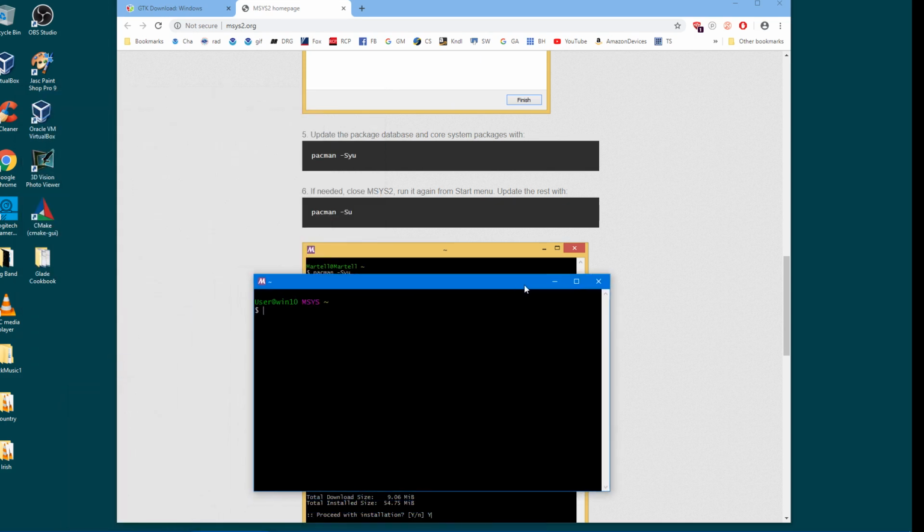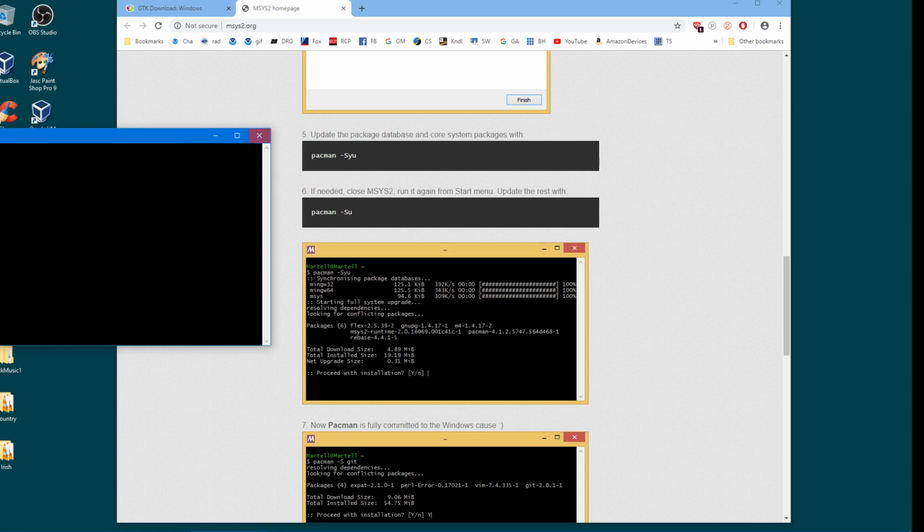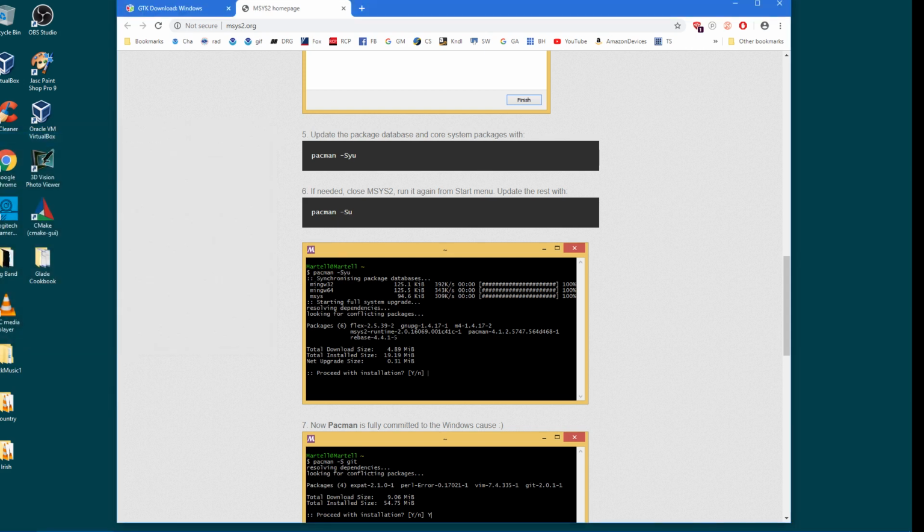And you can see they're using a smaller font. All right, I'll get this off the screen. When you get it up, you want to type this: pacman -Syu. These are doing updates. They take a long time. You'll sit there and grind. And then they tell you to exit from the window and go back in and restart the window, which you